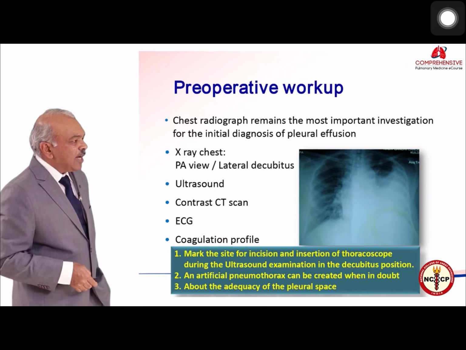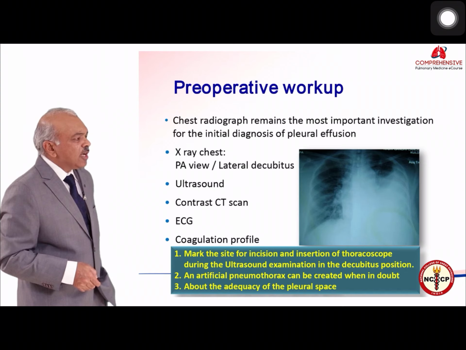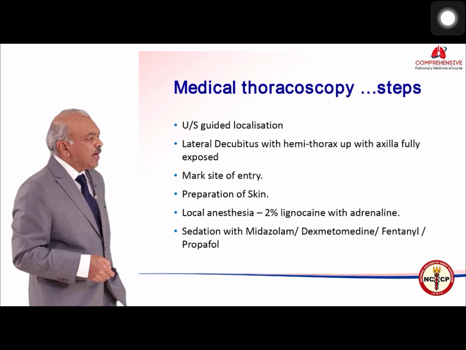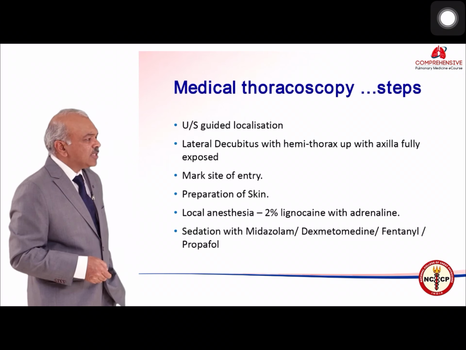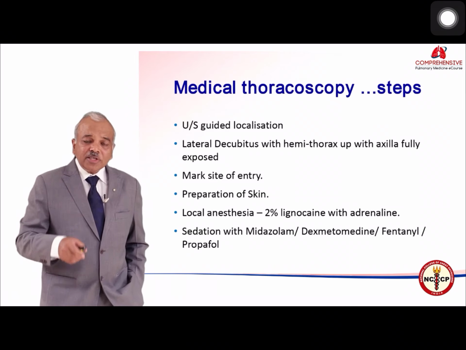As I said, if you have a CT scan, that is very beneficial. An ECG and a coagulation profile of course must be done. Now the usual step will be an ultrasound-guided localization. As I said, put the patient in the lateral decubitus position with the axilla fully exposed, and mark the site of entry. Now mind you,